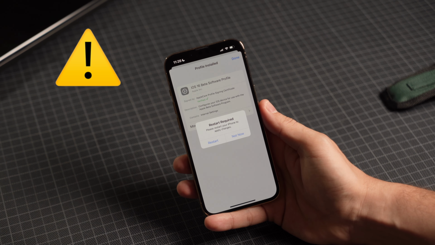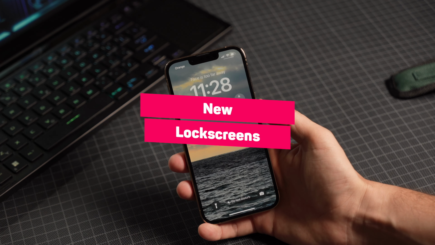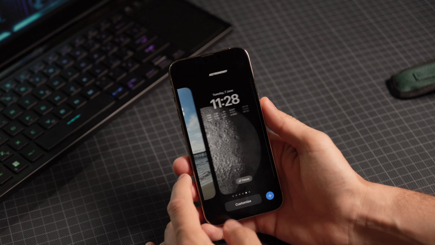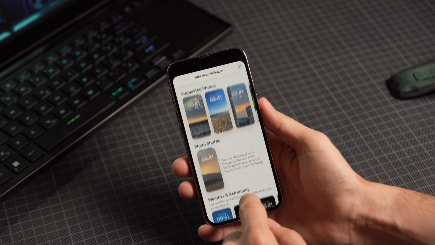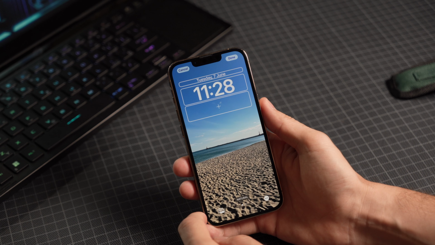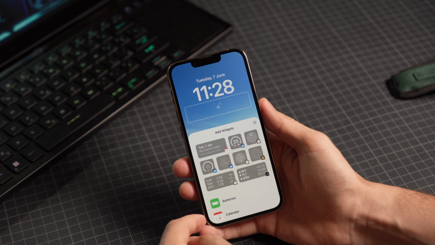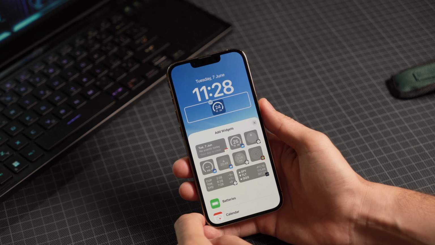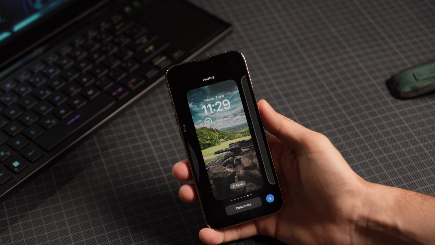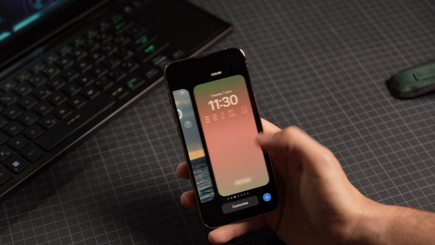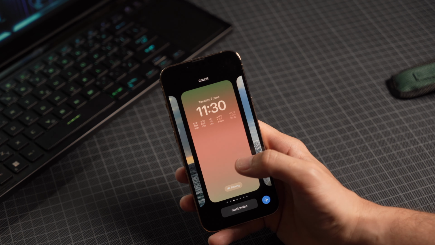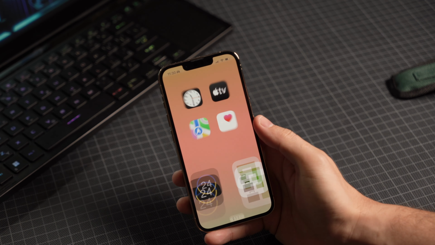It's very important. You can now customize the lock screens on your iPhone. There are a lot of options. There are some pre-created lock screens designed by Apple in beautiful colors, but most of the customization you make yourself, using your own photos and putting new widgets on the screen of your smartphone. You can create many different lock screens and for each of them you can put your own focus mode. For example, on the first lock screen I set Do Not Disturb mode, and on the second one I set